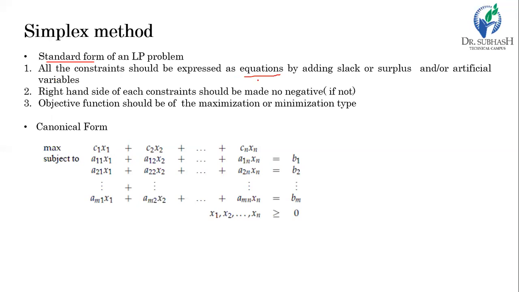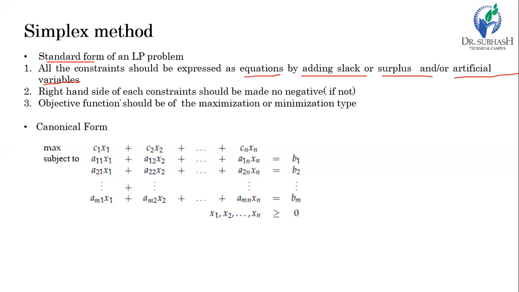They must be of equality type by adding slack or surplus variables, and by adding artificial variables if required. Adding a slack variable does not require an artificial variable, but when you add a surplus variable, also called a negative slack variable, you have to add an artificial variable. Don't worry, we will see when this comes up when we face the problem. At this moment it is a little beyond the point to discuss more about this, but we will see it in a couple of minutes with the help of an example.